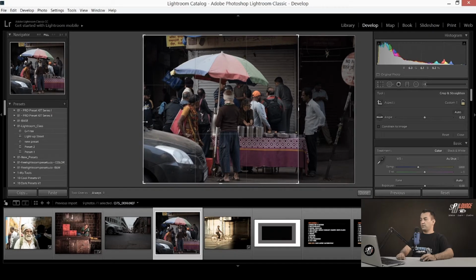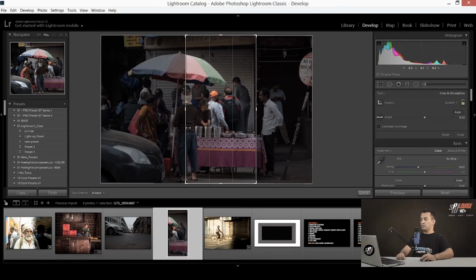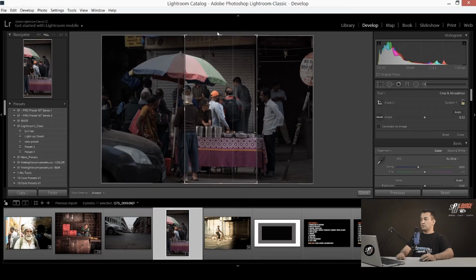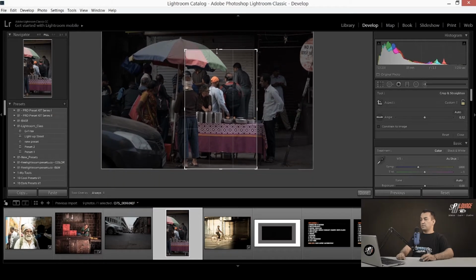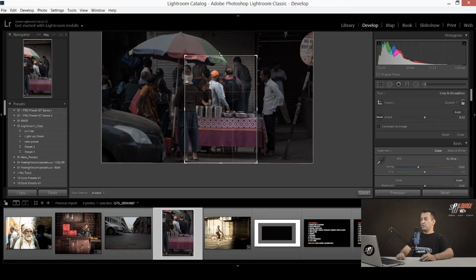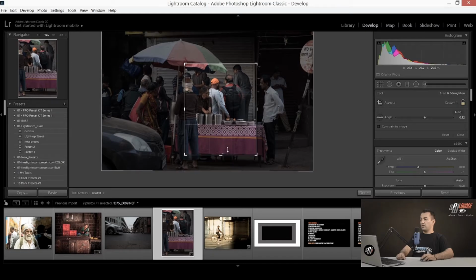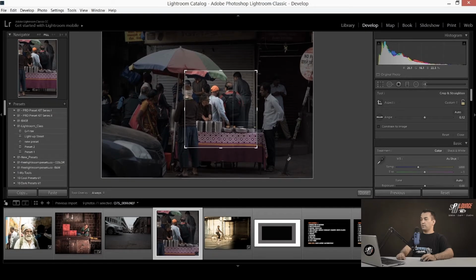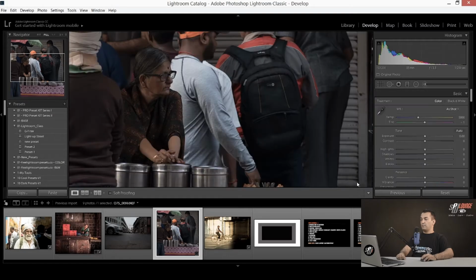So just keep it around that. And because this lady is my subject, I'm just keeping my horizontal line around that only. And when I click done, my composition is ready. Now I just need to apply the preset. So let me see how it looks.